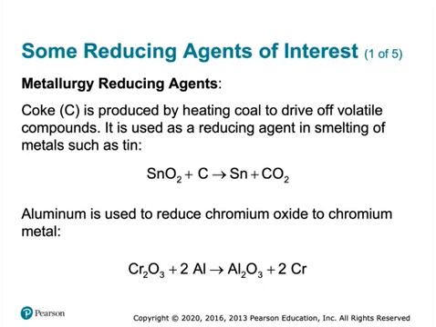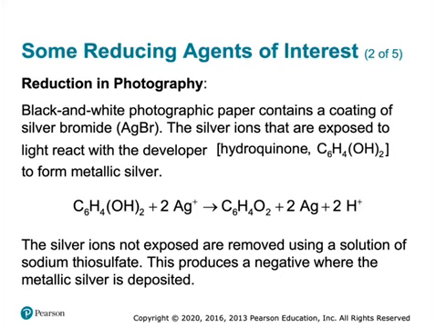And aluminum, though, aluminum is made with electricity. We make that with bauxite and cryolite. Those are the two ores of aluminum, and you hit that with electricity and carbon rods, and you form aluminum that way. Aluminum is not made by reduction with carbon. We use electricity for that, but aluminum can be used to make chromium, and also good old school photography. So imagine the American Civil War or something like that,